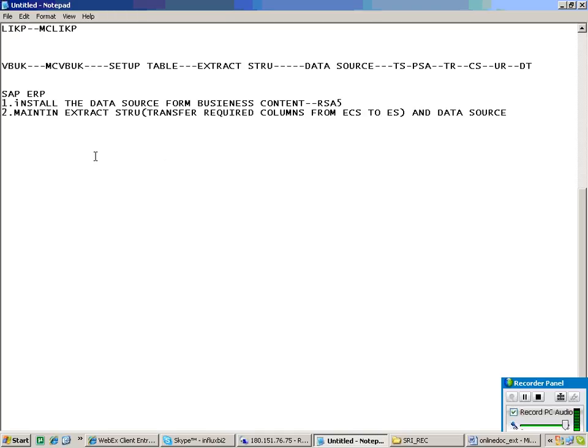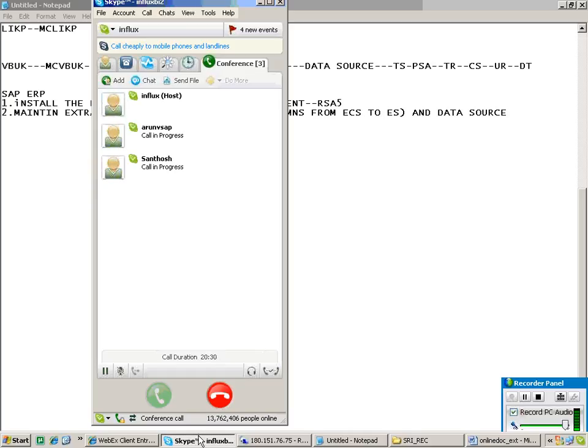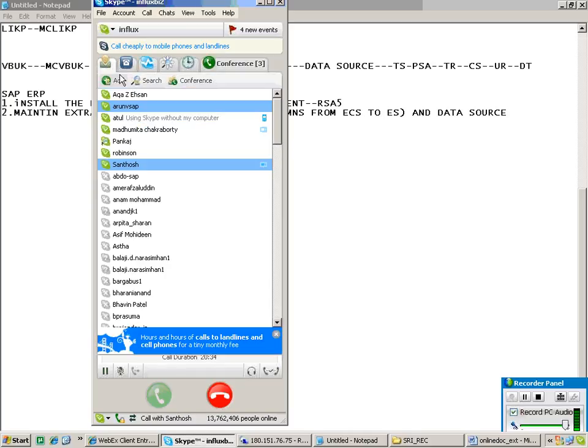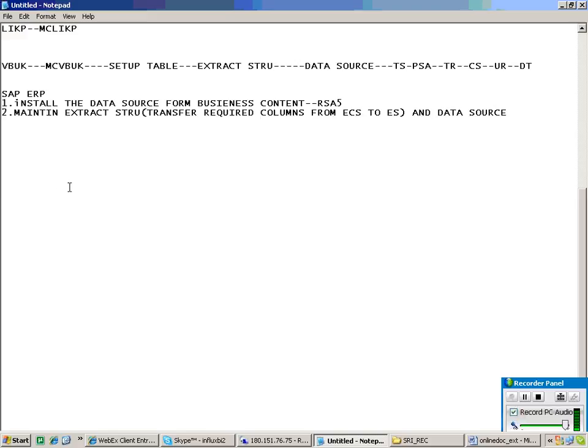Getting my point? I'm talking about maintaining the extract structure. As per the requirement, we maintain the extract structure by transferring the required columns from ECS to the extract structure.